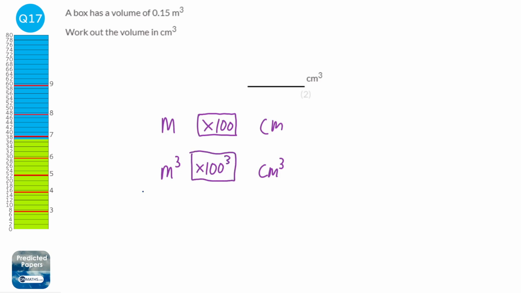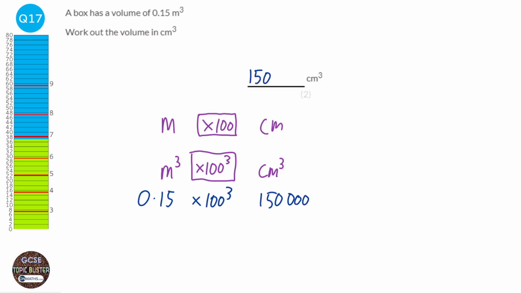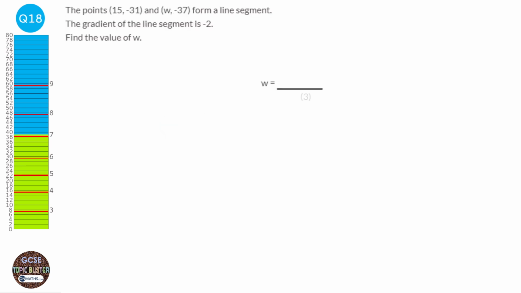So we get our amount, 0.15, times it by 100 cubed, and that will give us 150,000. So our answer is 150,000 centimetres cubed. So we're going to start by understanding that all lines form or can form an equation y